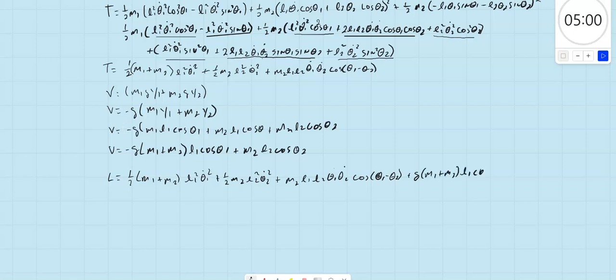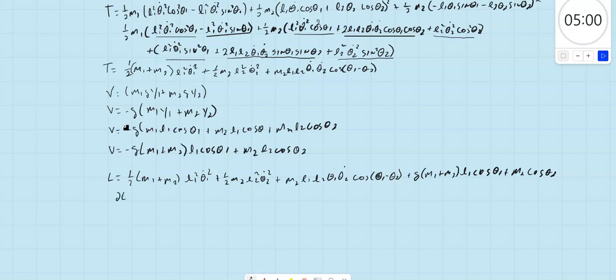L1 cosine theta 1 plus M2 cosine theta 2. And now I could go ahead and find my